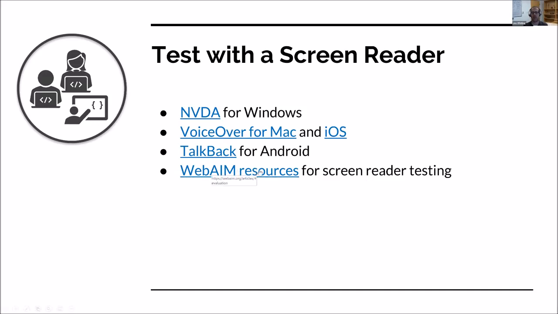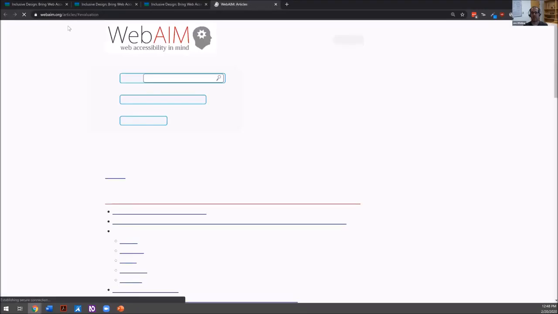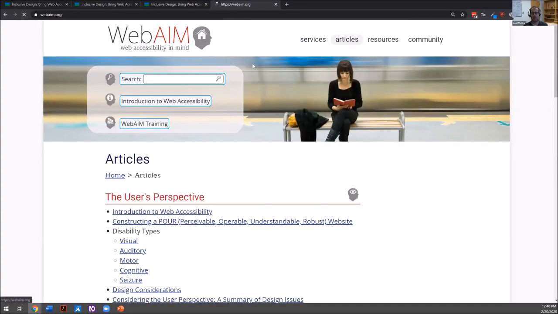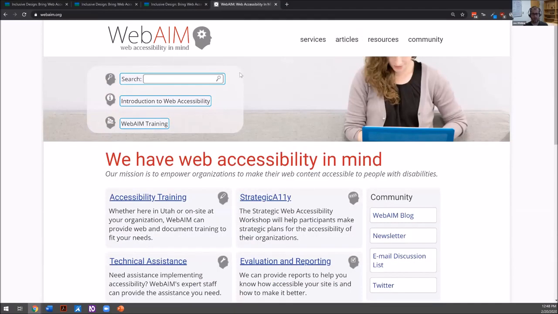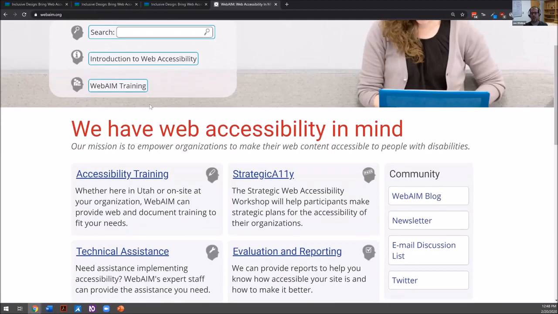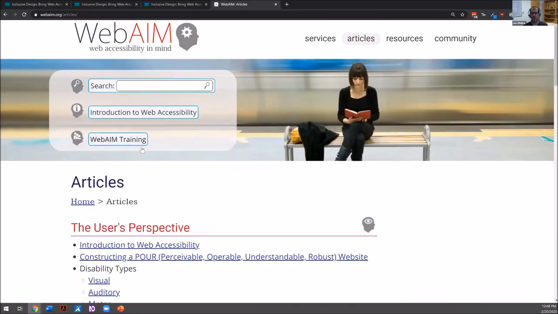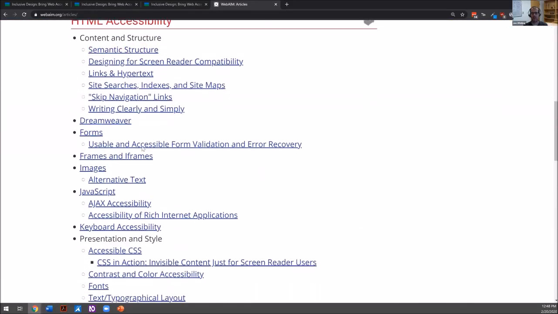What I do want to highlight at the end here is resources on the WebAIM website. So I'm actually going to show how to find this. I'm going to jump back up to the WebAIM homepage. Again, full disclosure, webaim.org, that's me. I work for WebAIM, but we do have resources on our site specific to testing with a screen reader. So I'm going to click on articles. I'm going to come down here to